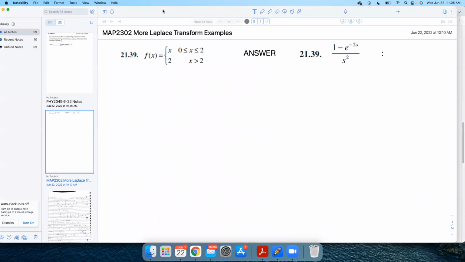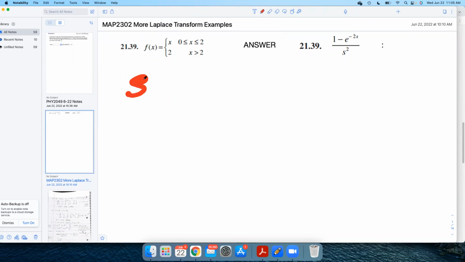So we're doing an integral here. We're not using a table. We're not looking anything up. You're going to have a question just like this on your test. And I went ahead and looked up what the answer is ahead of time. This is what we're going to get. We're going to use the definition of the Laplace transform, which is